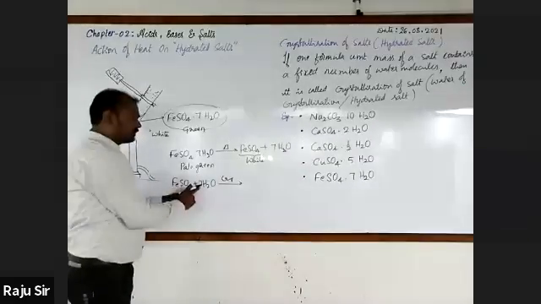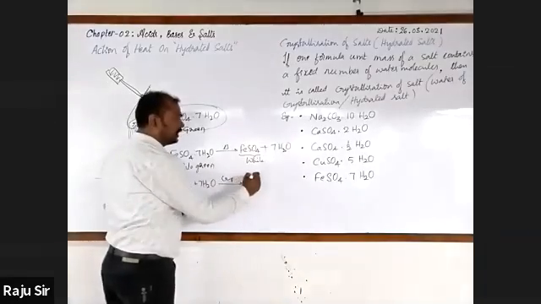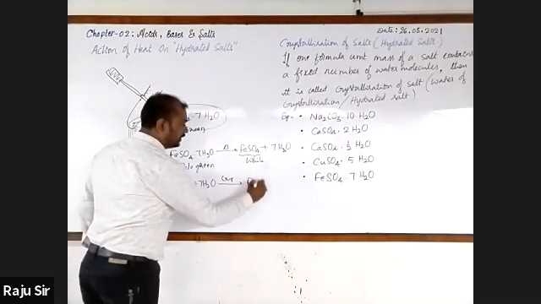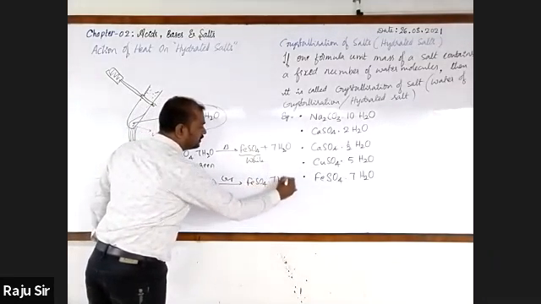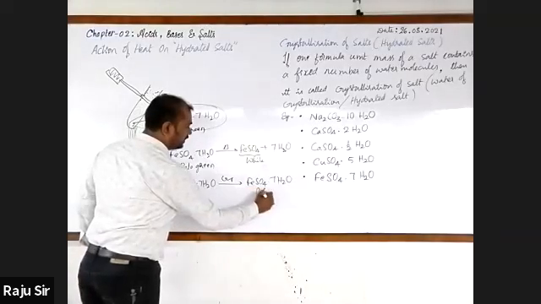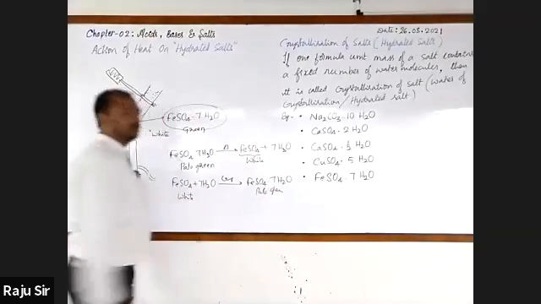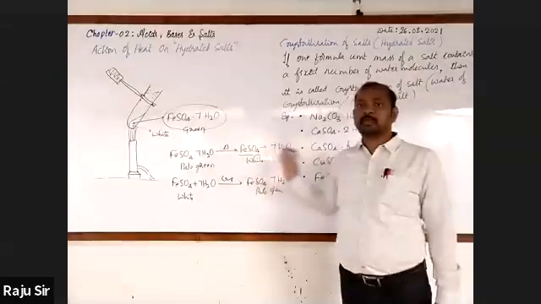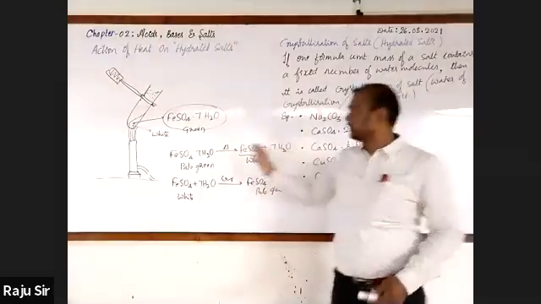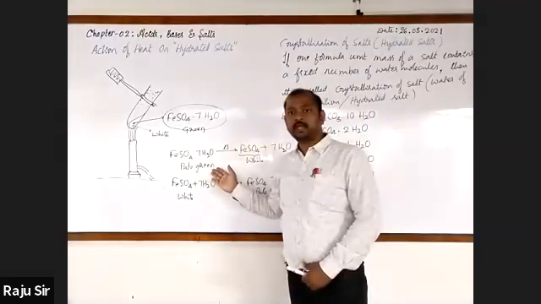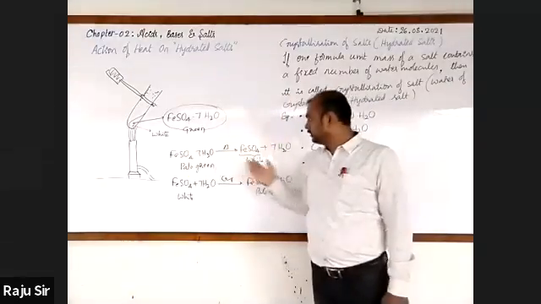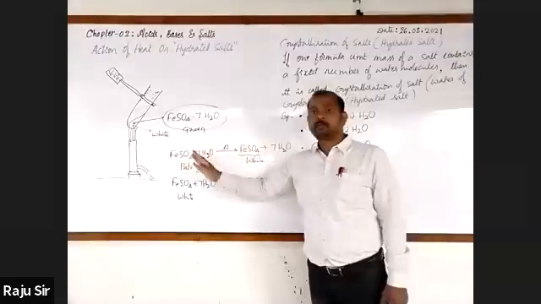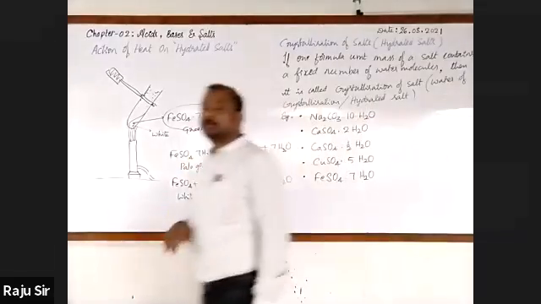So here, we have taken just 7 molecules of water. It will turn again to pale green color. It is white, and it becomes FeSO4.7H2O. It is pale green. This is also an example of a reversible reaction. Whatever the reactants are, on heating we get the products. Then on cooling, that is by adding water, again we get the same compound. It is a reversible reaction.